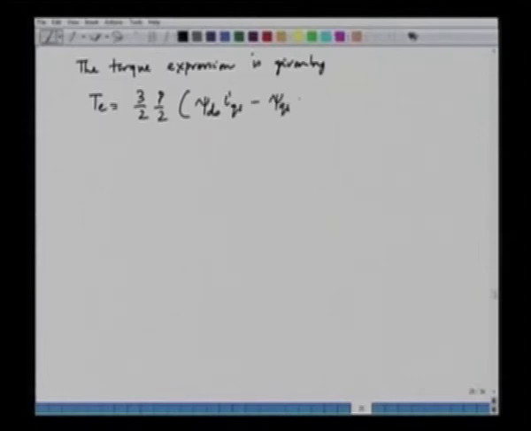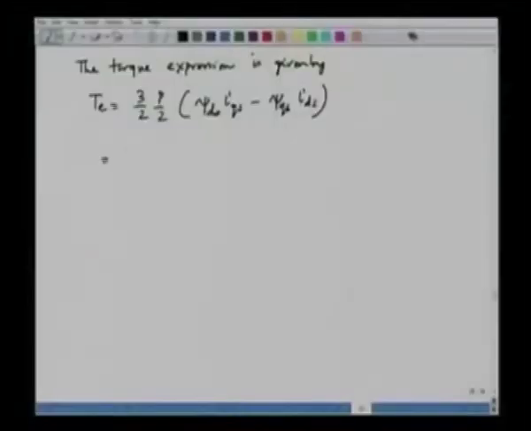So, we can write down the stator voltage equation, but before that we can derive the torque equation. So, the expression for the torque is given by, we know that the torque is equal to 3 by 2 into P by 2 into psi ds into IQS minus psi QS into IDS. Here the flux linkages psi ds and psi QS can be expressed in terms of the inductances and the respective currents. So, we can replace the psi ds by